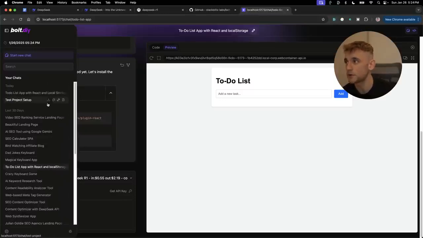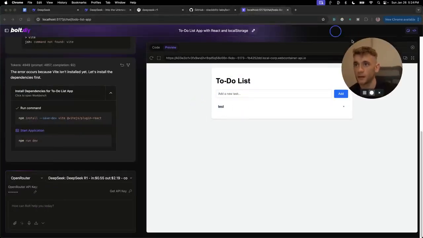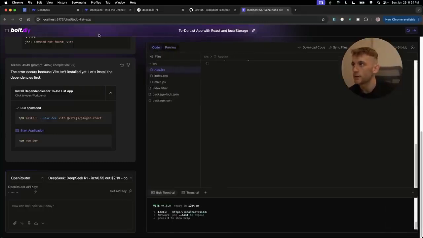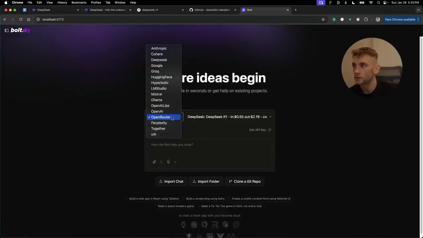Whatever you want to build, you can do it inside Bolt. For example, this is a to-do list app. If we test this out, we can add a test to-do list app, and now building SaaS tools is basically achievable for anyone, right? You don't need coding experience for doing this. And so basically, if you want to start using DeepSeek R1 inside here, you would actually use something called Open